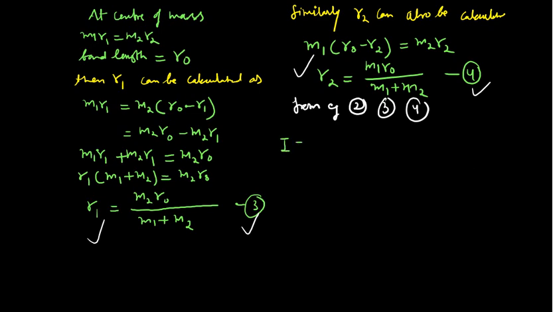I was there and you are putting the value of the R1. So your R1 is M2 R0 divided by M1 plus M2. Then you are putting the value of the R2, that is M1 R0 divided by the value of M1 plus M2, and this was multiplied by M2 plus M1. This was the situation in the last equation. Okay. See, you can go back again.